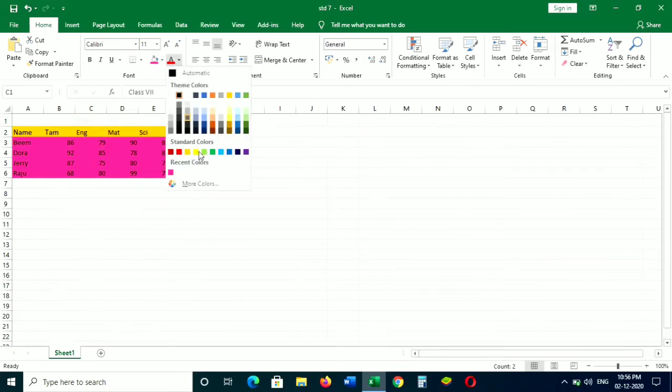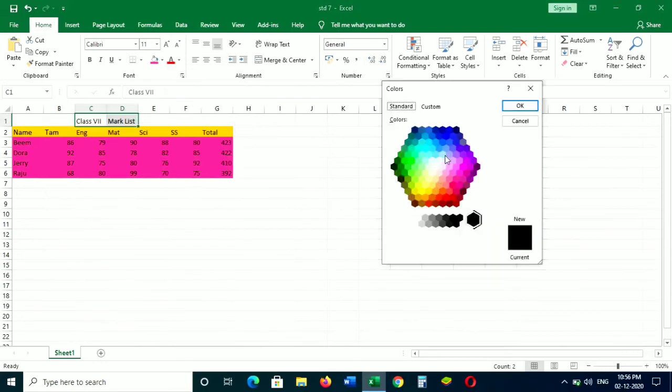From the Home tab in the font group, point to the font color icon. Click the arrow to the right of the font color icon. You will see a color pattern. Select a color just like you did for the background color of the cell. The text color changed.